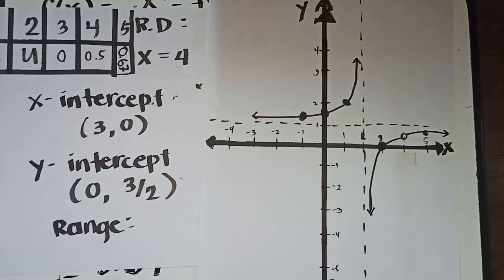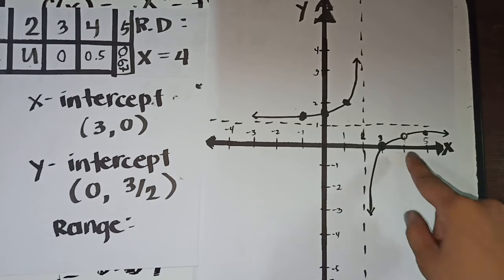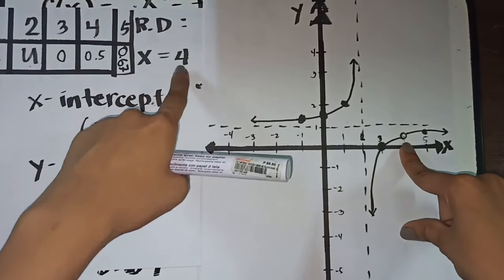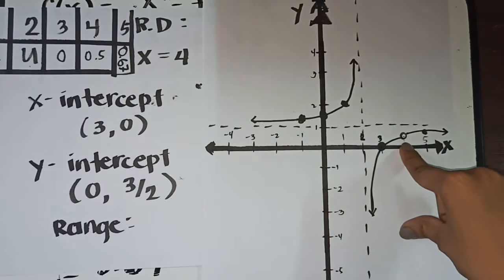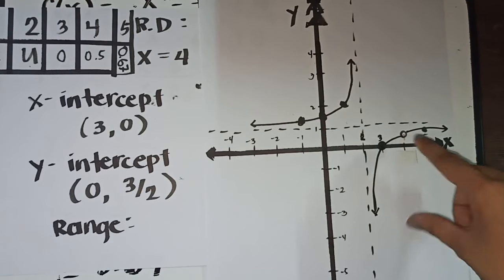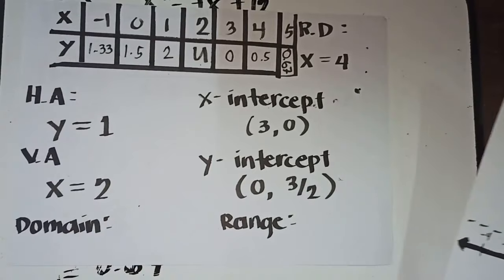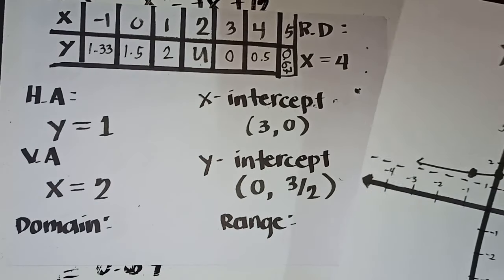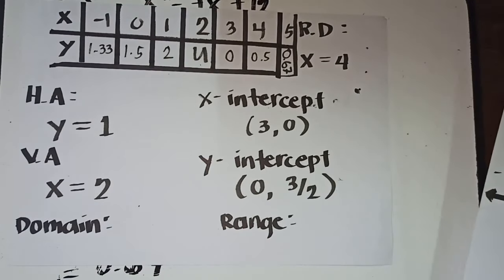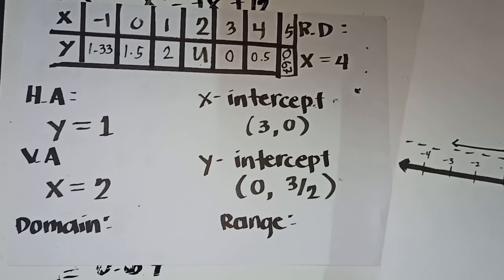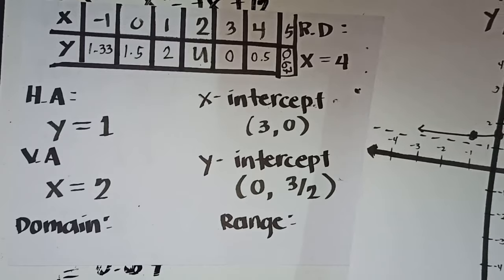So ganito yung magiging itsura ng graph natin. Butas si 4. So bakit butas si 4? Kasi po, yun ang ating removable discontinuity. Okay? So, again, that is the values of horizontal asymptote, vertical asymptote, X intercept, Y intercept, table of values, the removable discontinuity, and now,